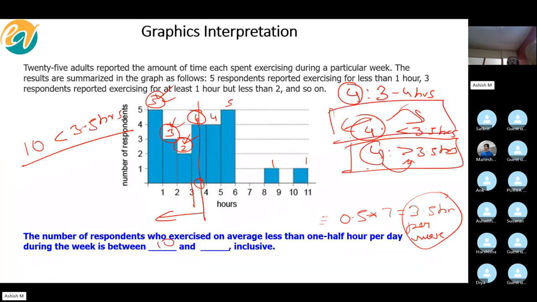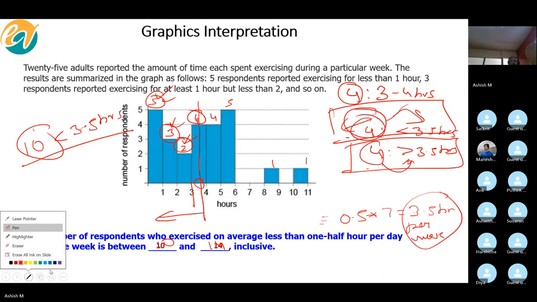If this is the case, then it is 14. Why 14? These 10 plus these 4. So between 10 and 14. Friends,